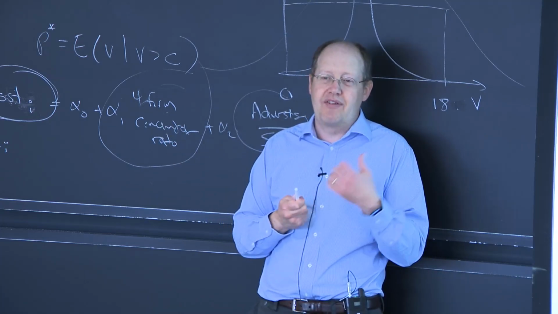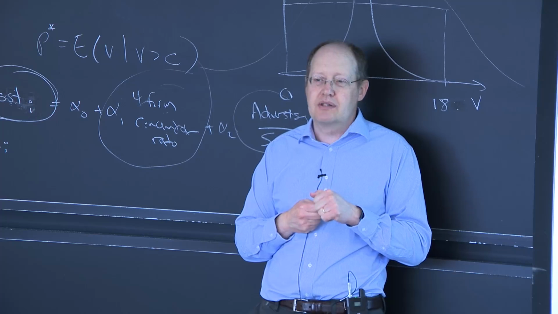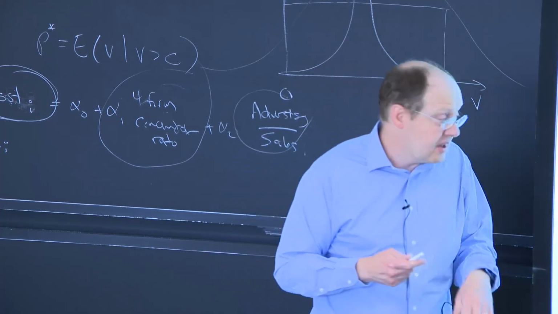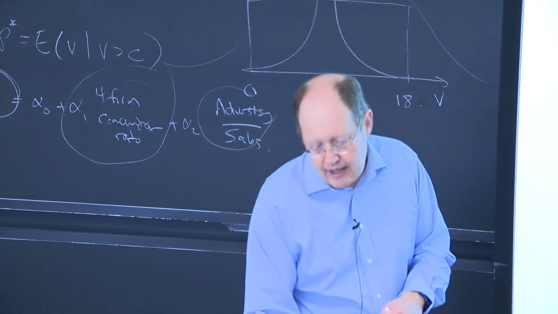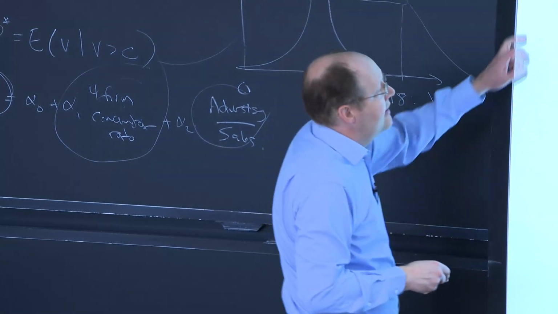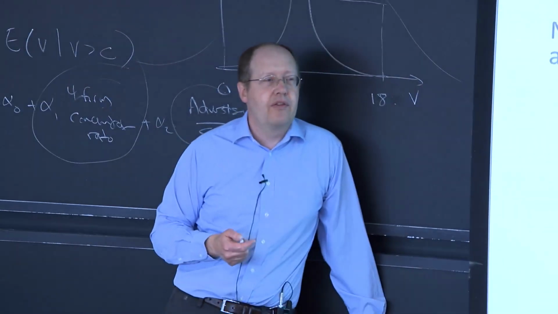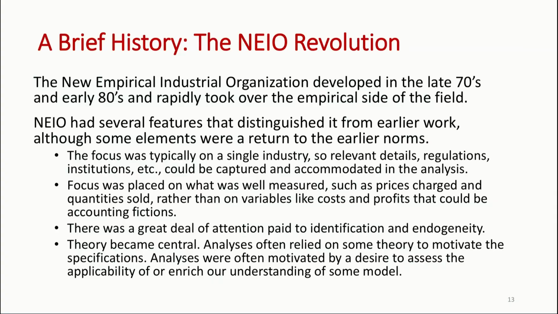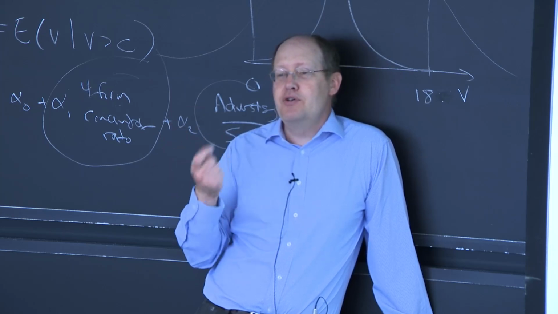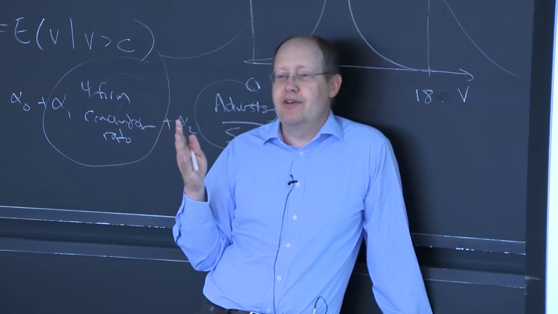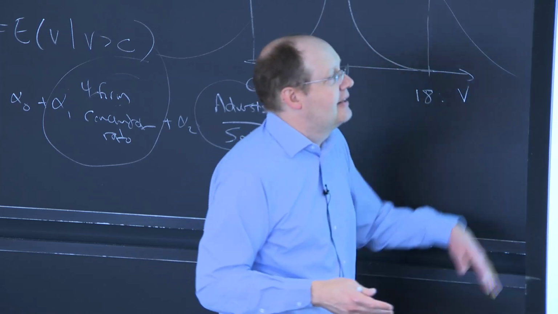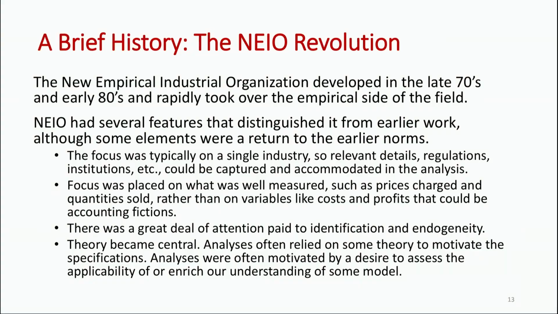There really wasn't much in the way of IV estimation in the structure, conduct, performance literature. And then there was also interest in I/O theory. This led to what was called the NEIO revolution. So NEIO stands for New Empirical Industrial Organization. I guess lots of fields run into this problem. Like you have this sort of new something, and then there's something that comes after that, right? Like you have the new trade theory, and then you have to have like the new new trade theory or whatever. Anyway, in the early 80s, people started to call this the New Empirical Industrial Organization. It's no longer very new, but